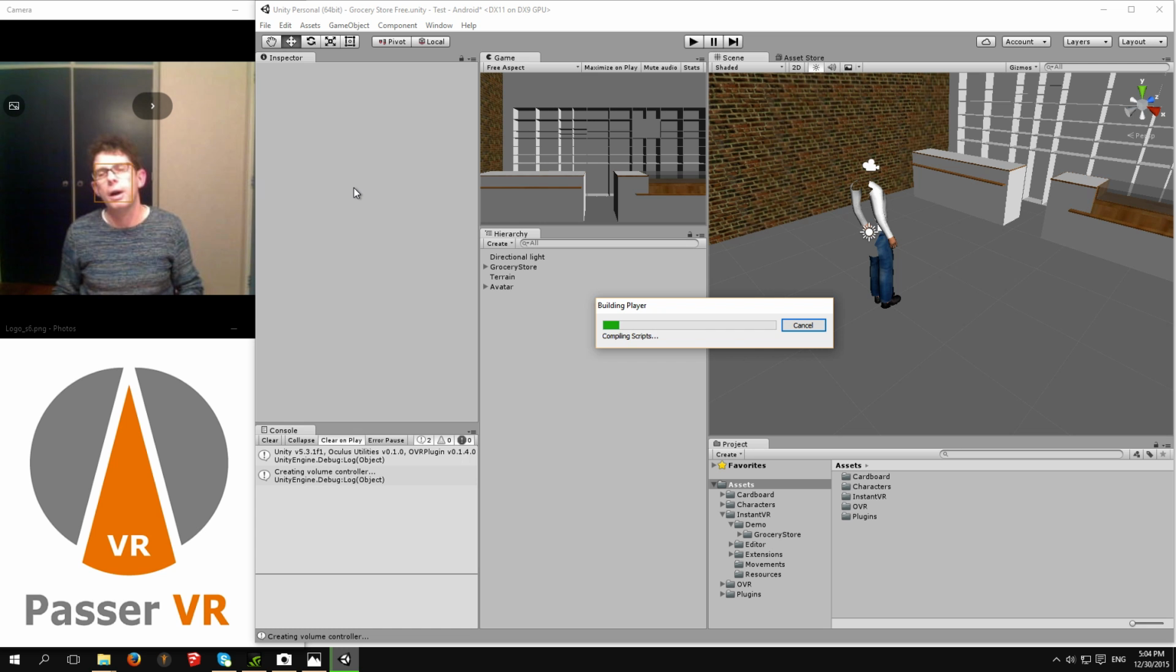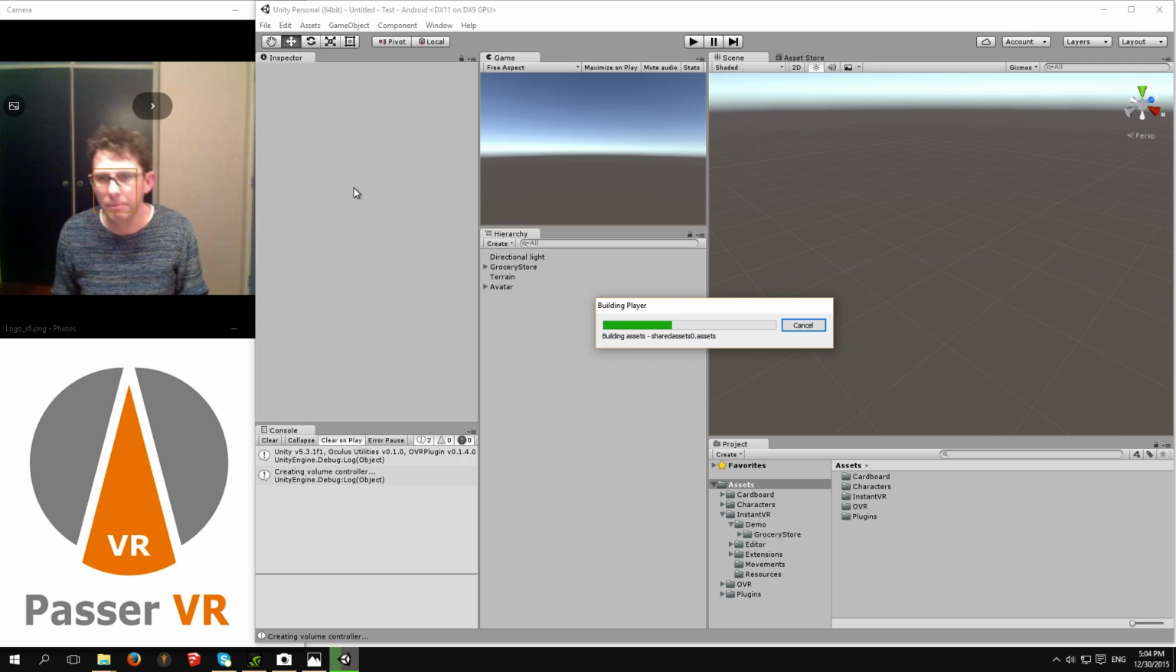So how do we get the demo into the Gear VR is by pressing File, Build and Run. So now it will compile all the files for use with the Gear VR. This takes a while, of course. So you're still testing with Oculus Rift, but you're building for Android. And now it's pushing the build file towards the